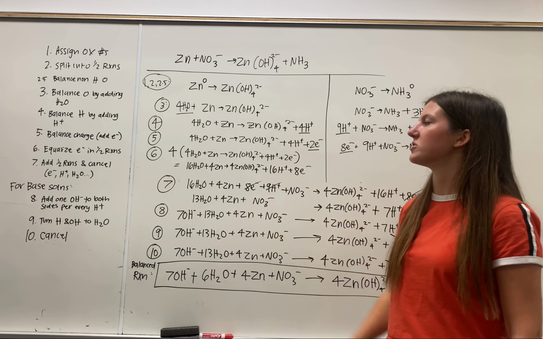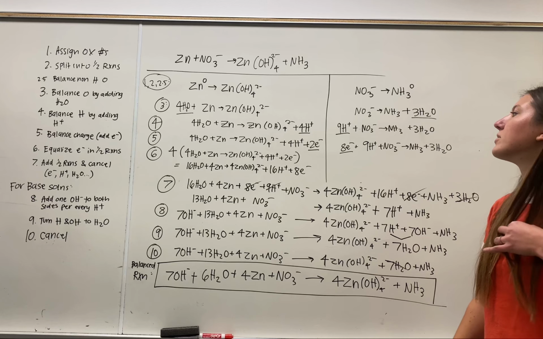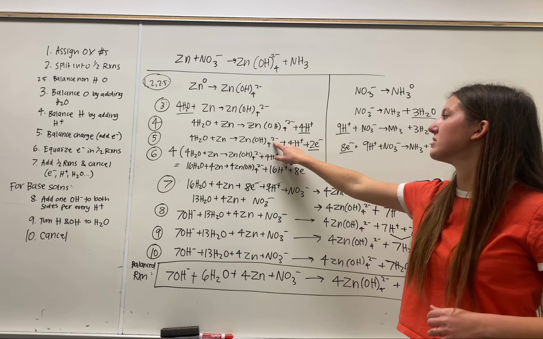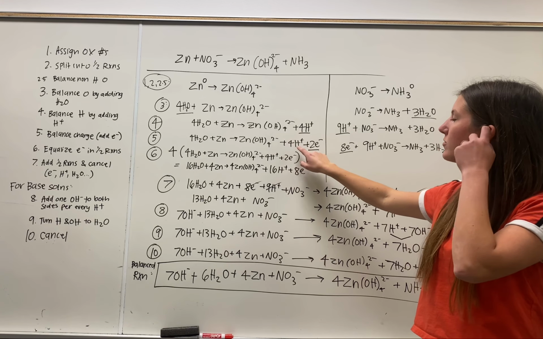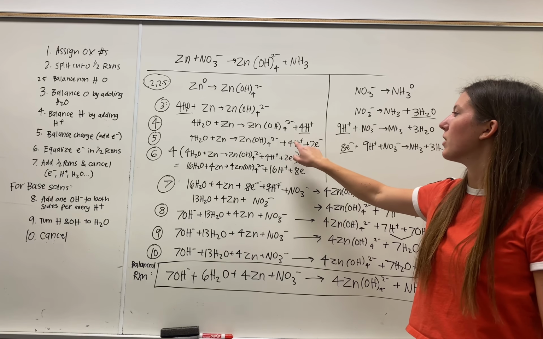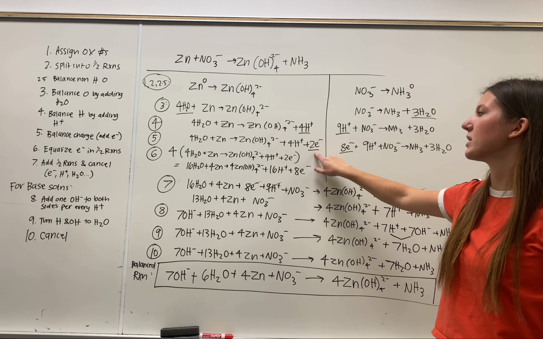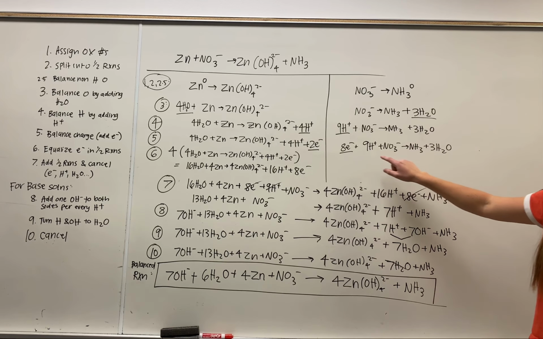Step 5 is to balance the charge by adding electrons. So the charge on this whole species is 2 minus, and then we have 4 H+. So positive 4 minus 2 leaves us with 2 electrons. We need 2 electrons on this side. And then we need 8 electrons on this side because